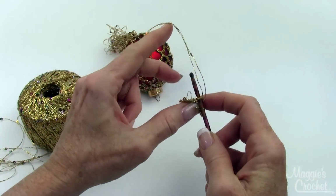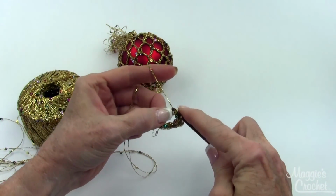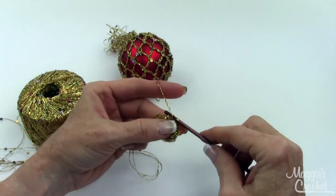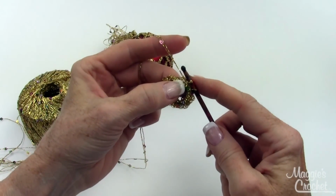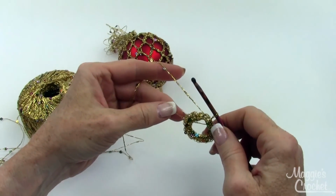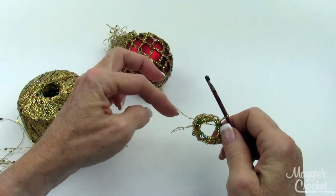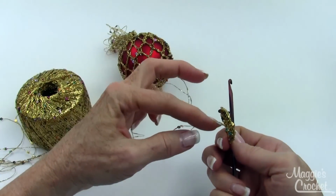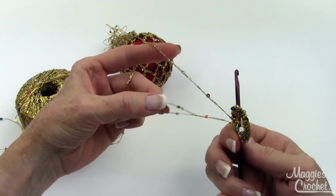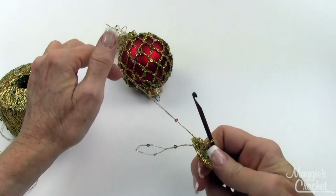See, I did them really loose, and if you do them tight, you're going to have a hard time getting back into your stitches when you try to join or do the next round. So to join, I'm going to bring that loop through and then bring that through the loop on my hook like that, and that makes a circle. Then I can just snip this because I worked 24 single crochets around it, or I could put this on a needle and sew it in. But I want to snip it because it's a little hard to sew with these sequins on here. And I'll show you later a little